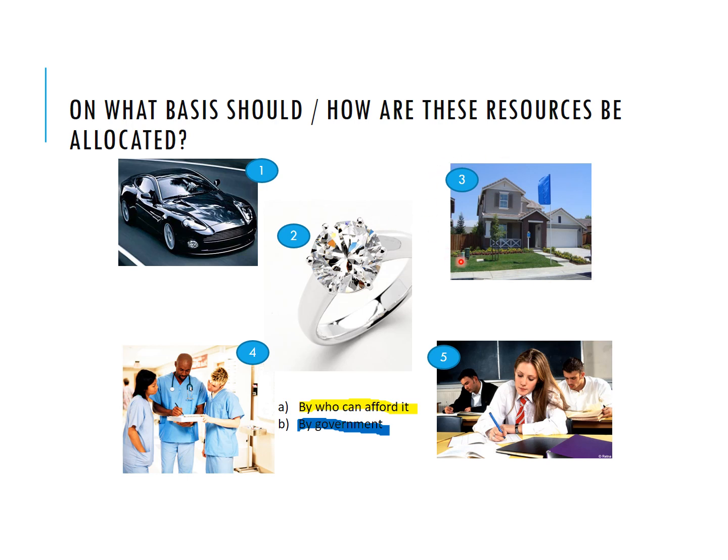In terms of housing, again, in most countries, it's allocated by who can afford it. But is that always the case? If you can't afford a house, can you still access one? Yes, because sometimes it's allocated by the government. In terms of healthcare, again, you can access healthcare by paying for it, but also you can access healthcare by not paying for it. It's provided by the government. In terms of education, the majority of education throughout the world is provided by the government, not actually paid for directly by students or their parents. So we've got a spectrum here of some things that are allocated just by people who can pay the price, some things that are allocated in a different way by those who need it or those who require it.